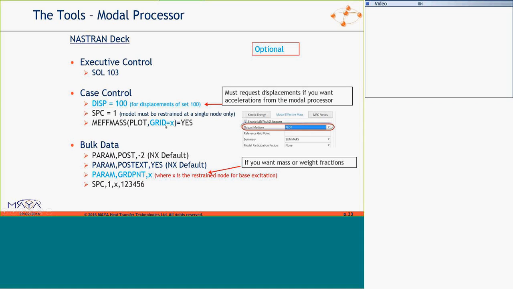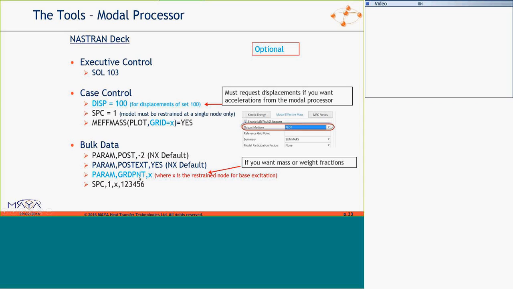The option here is not necessary. You can specify a grid around which the rotational effects are accounted for. In the output you need PARAM,POST,-2, and that's the NX default. NX will always write PARAM,POST,-2. It's always going to write PARAM,POST,DXTS. So I'm just putting this for information. That's what NX outputs by default. Now, if you want mass or weight fractions, you're going to need to put this here: GRDPNT, comma x, where x is either a node, or if you put 0, it's the origin of the global coordinate system.